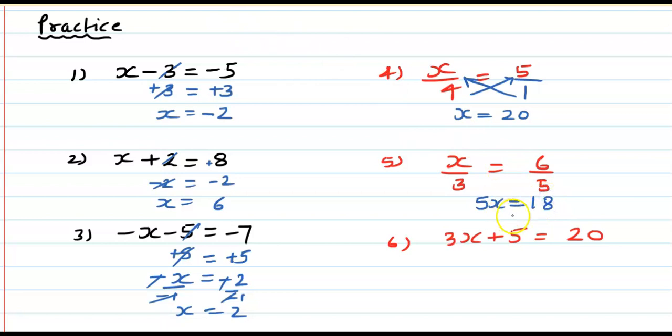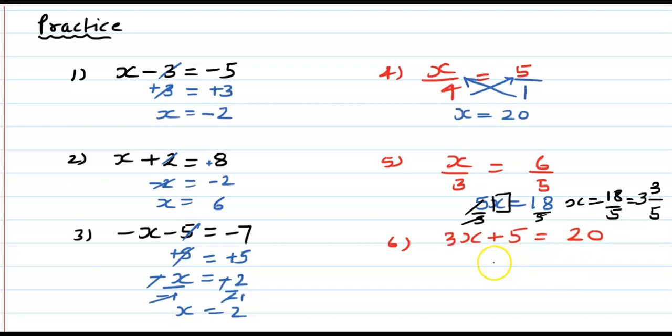Now divide by 5 both sides, because we want x. So extra number is 5 here. So we can divide by 5 both sides. So divide by 5 here, divide by 5 here, cancel. So x we got 18 over 5. Can we write down in mixed fraction? Yes. So 5 times 3 is 15, and 16, 17, 18. So that you add 3 and divide by 5. That's your answer.